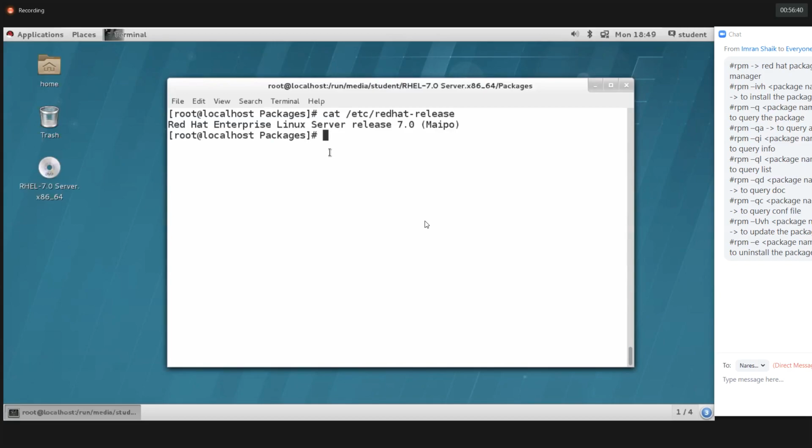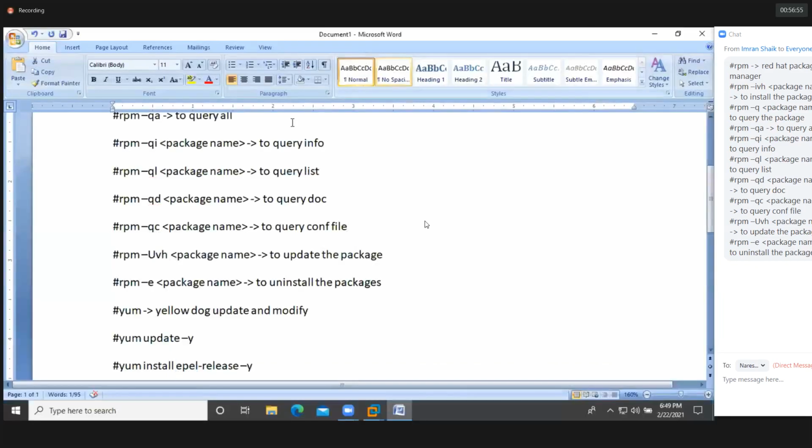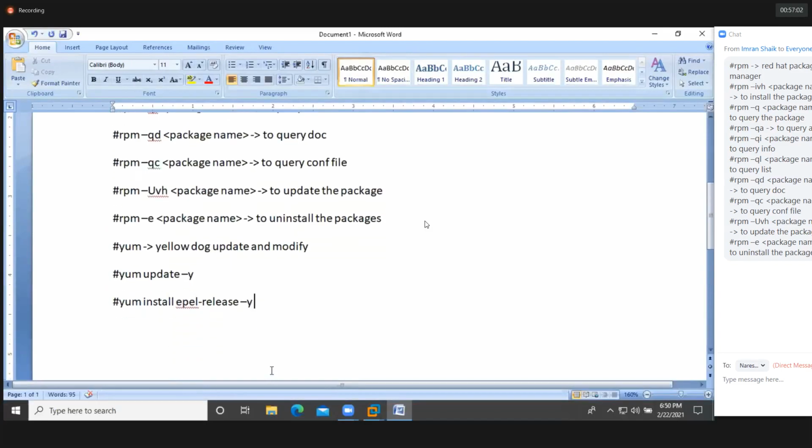Without a subscription, we won't get the repositories from Red Hat. Because of that, I'm creating my own local repository in this isolated operating system. After creating the repository, only then can we install the packages. Otherwise, we are unable to install packages without repositories.